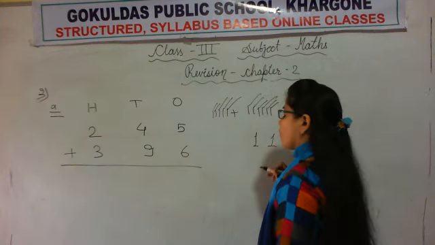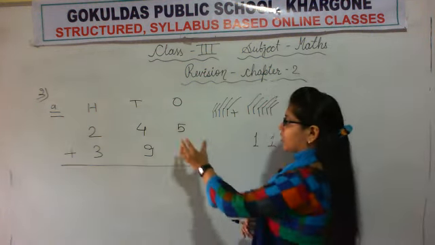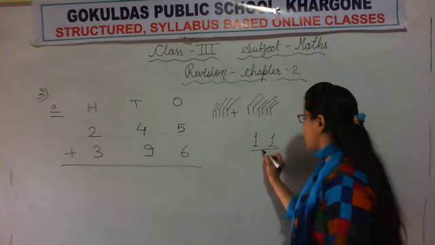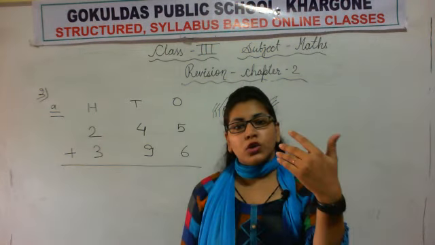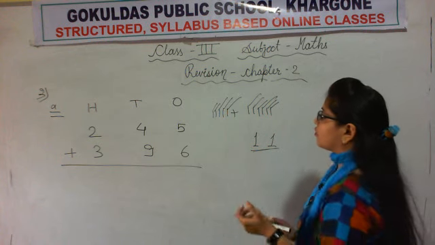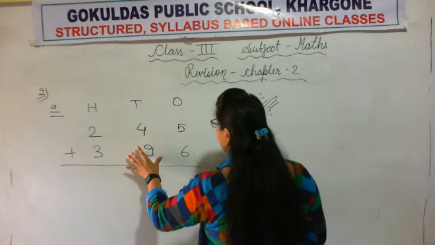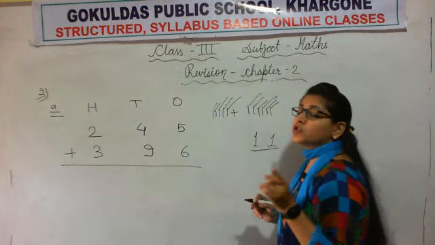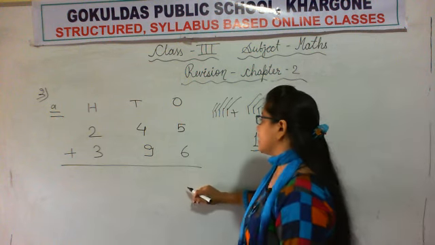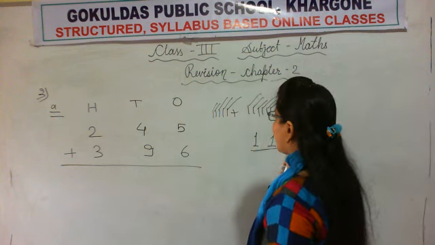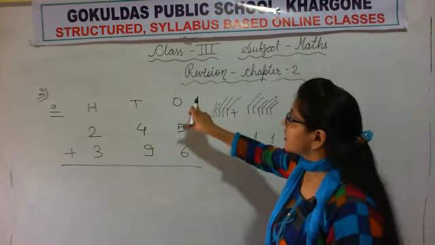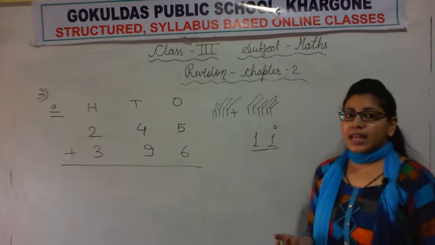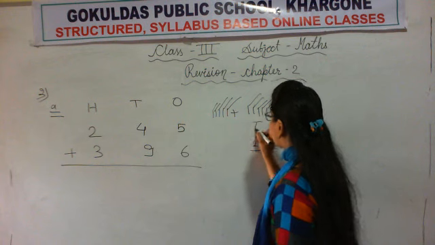See, we added only one digit and we got a 2-digit answer. So we will regroup those 2 digits in different groups. This is one group and this is another group, because we cannot write 2 digits here; we are adding only one digit, so we are allowed to write only 1 digit here. 5 plus 6 is equal to 11. Now, which place were we adding? We were adding the ones place. So we will write ones here. And what comes after the ones place? Tens place. So we will write tens here.